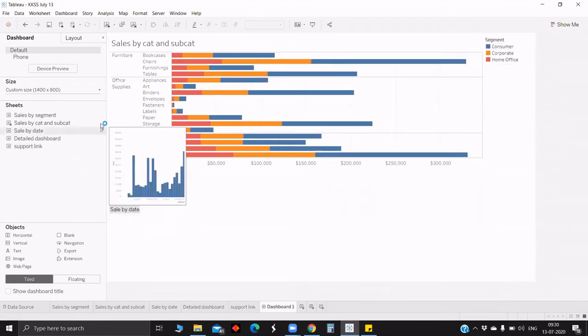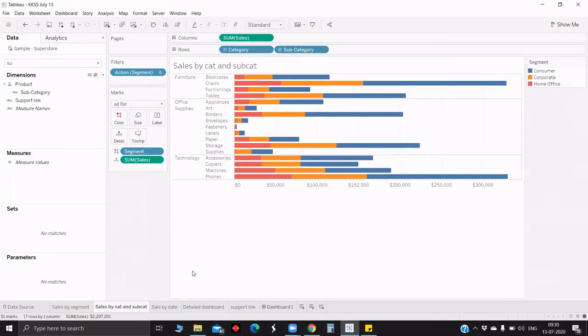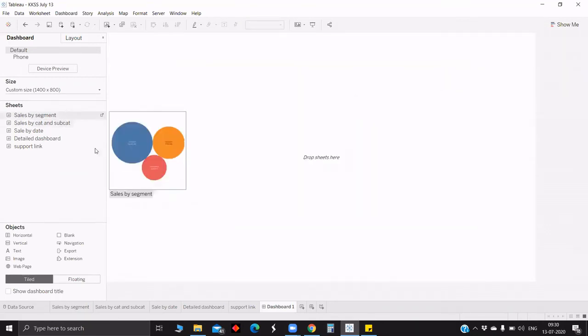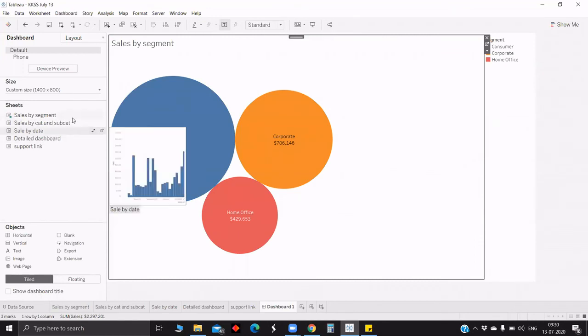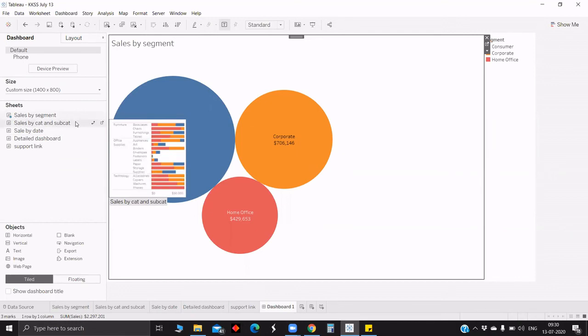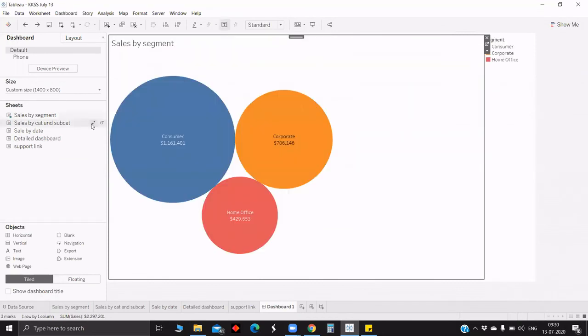We also have some other features. Once you click the arrow on the right top, it will go directly to the sheet which you have pulled in. And one more: if you want to replace, for example, sales by cat and subcat with sales by segment, generally people just delete it and pull the sales by segment. In this case we need not do that. For example, now we have the sales by segment sheet. If you want to replace sales by cat and subcat, you can just click on the sales by segment sheet, and then on sales by cat and subcat you can see the arrow on the right. If you click that, automatically it gets replaced. There is no need for deleting the sheet and pulling it again.